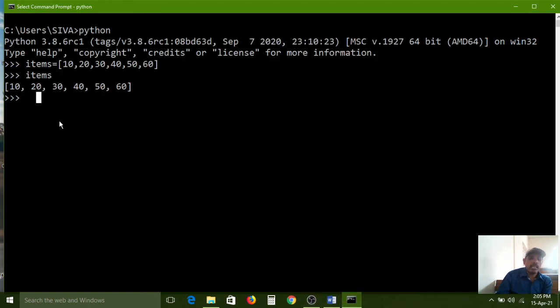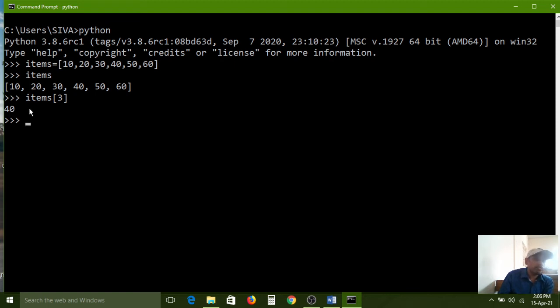Now you can understand the index. Now let's see it practically. Now I want to print the third element, so between square brackets I am using 3. Here 3 is the index number, so the value 40 is printed. 10 is the 0 index, 20 is the first index, 30 is the second index, 40 is the third index. The third index value is 40, so that value 40 is printed on the screen.